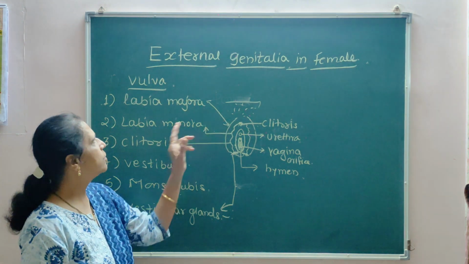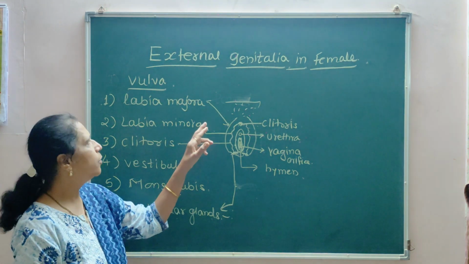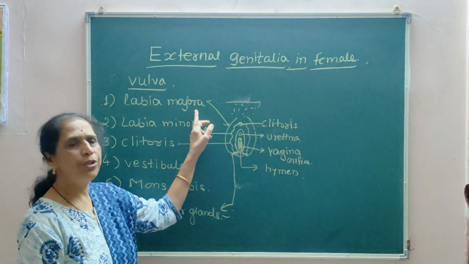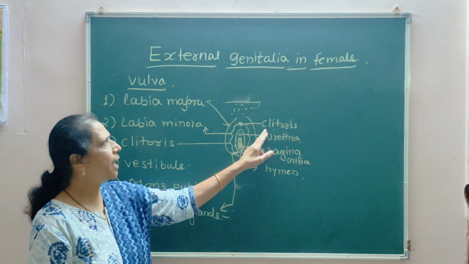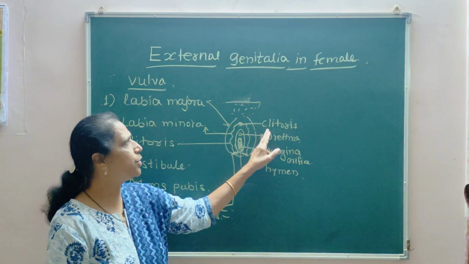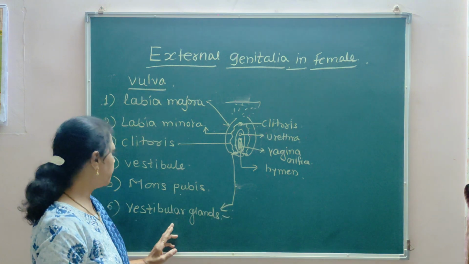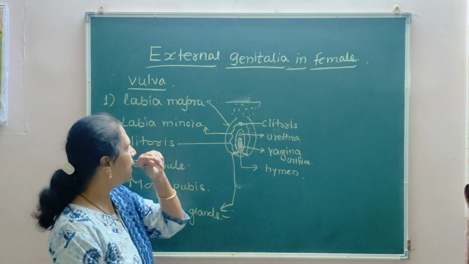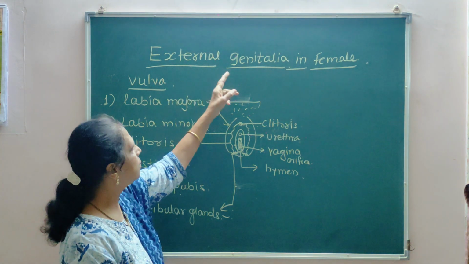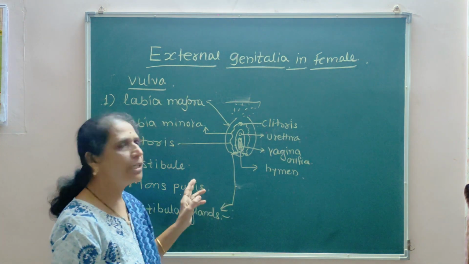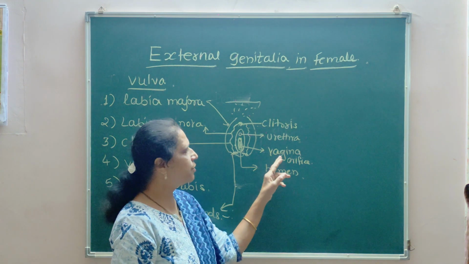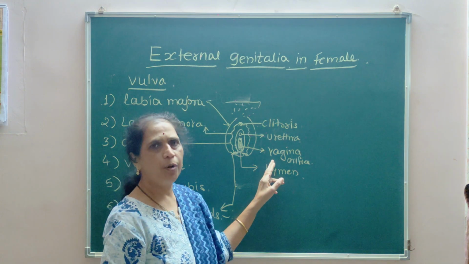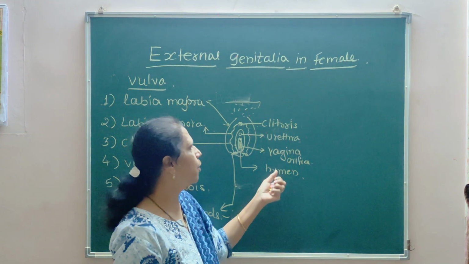So for the homologous organs there are 3 important parts which are similar to the male reproductive system, that is, labia majora which is homologous to the scrotum, clitoris, an erectile portion which is homologous to the penis, and the vestibular glands which are homologous to the bulbourethral gland. All these glands are called accessory glands of the external genitalia in female, which also help in reproduction. The vagina secretes fluid and acts as a lubricant which helps in copulation, being the major organ of copulation.